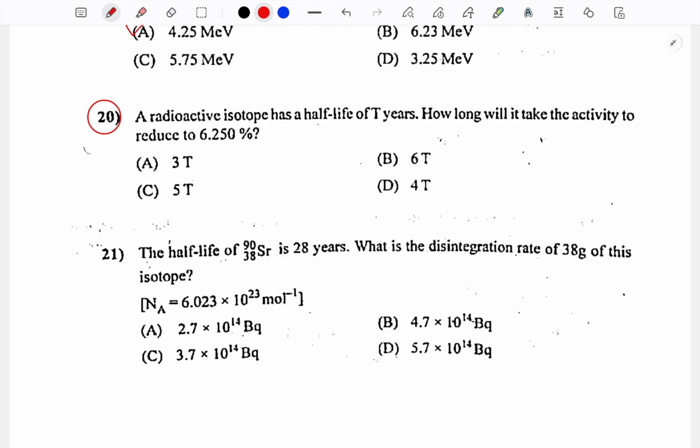But if we see this question, let's say the total number of nuclei is n0. From n0 to 0.5, meaning half of n0, it will take T time. Then from n0 to 0.25 it will take another T time. In the next T time it will reduce to 0.125 times n0, and from that, in another T it will take